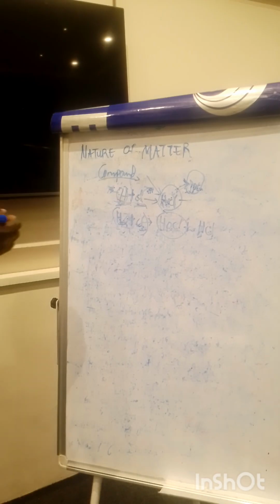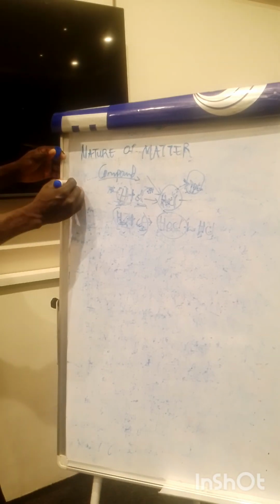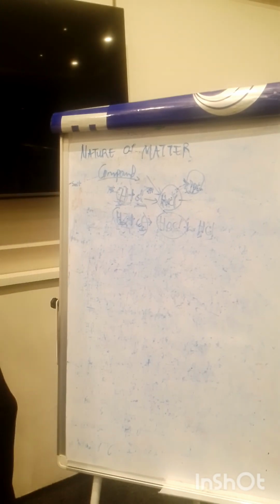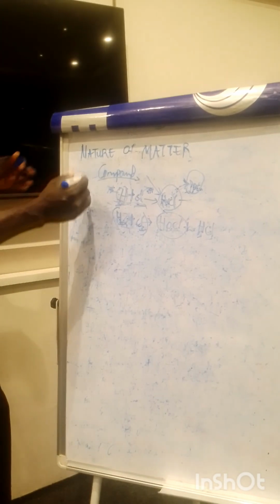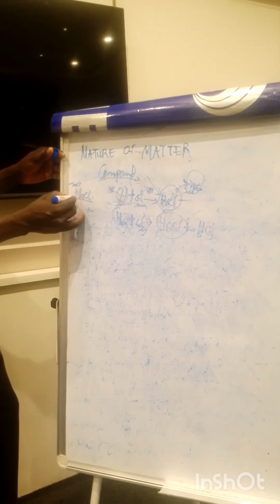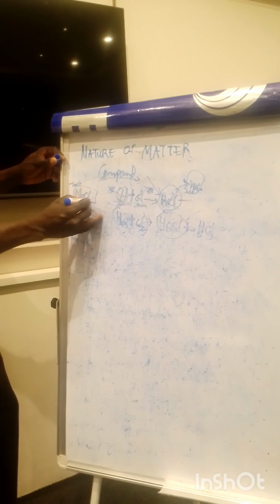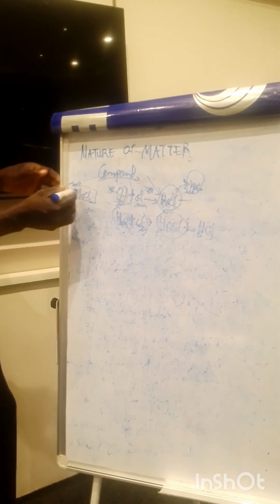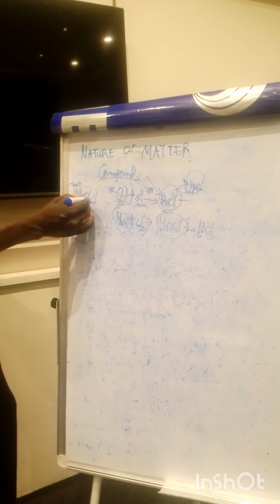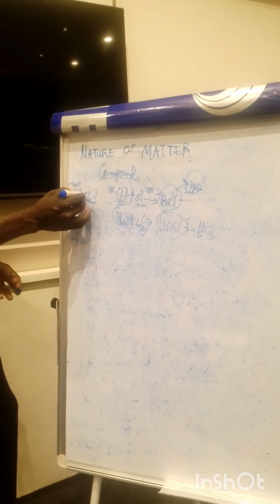We have our salt. Salt is our compound. Let's use our table salt. Our table salt comes from the combination of sodium and chlorine. So this is your salt, and your salt is a what? A compound. And what is a compound? A compound is a substance formed when two or more elements combine chemically together. So sodium and chlorine combine together to form sodium chloride, and our sodium chloride is a salt, meaning that this sodium chloride is a compound.